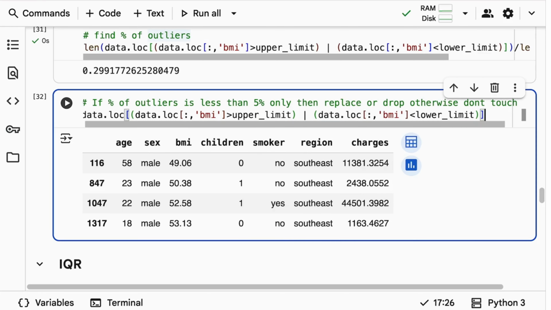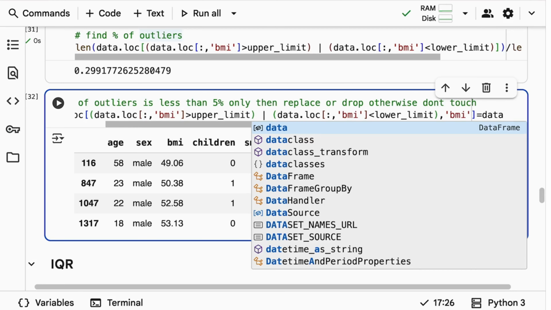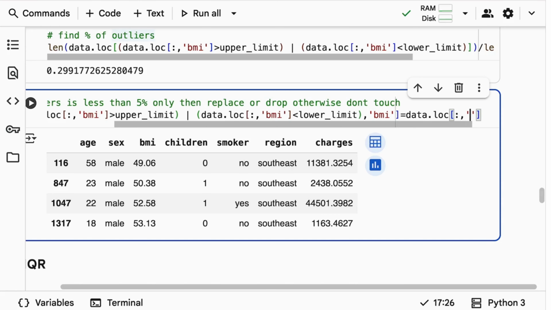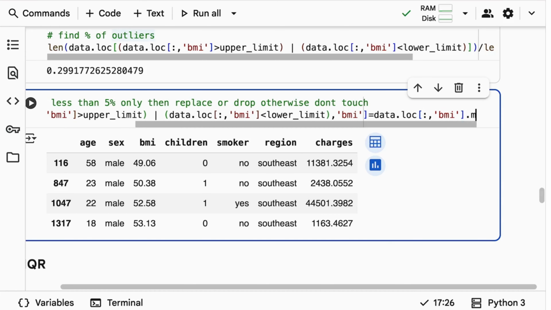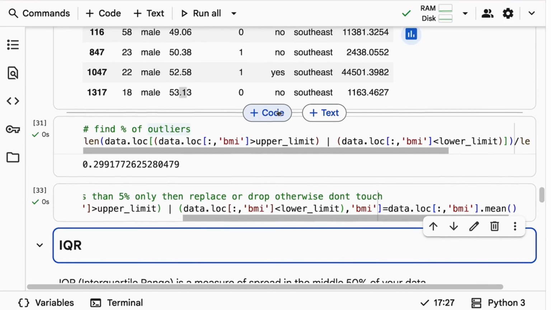I've used data.loc where the value is greater than the upper limit, where the value is less than the lower limit, and then given BMI, because I'm telling where exactly I have to make changes. I have to make changes in the BMI column. What changes? That is data.loc BMI.mean. So now all the outliers will be replaced with the average value.